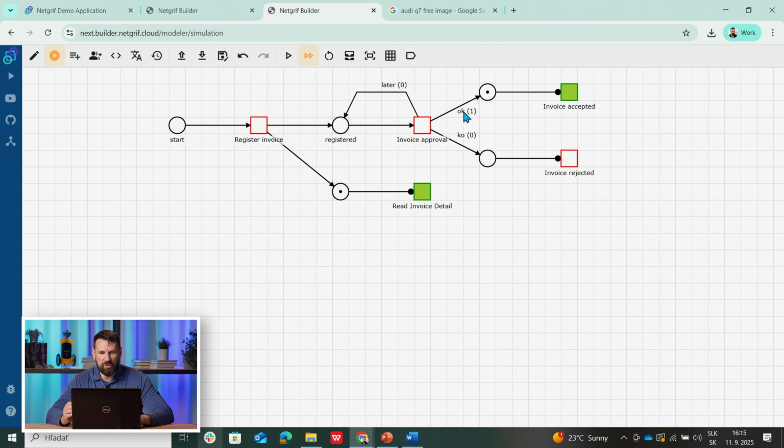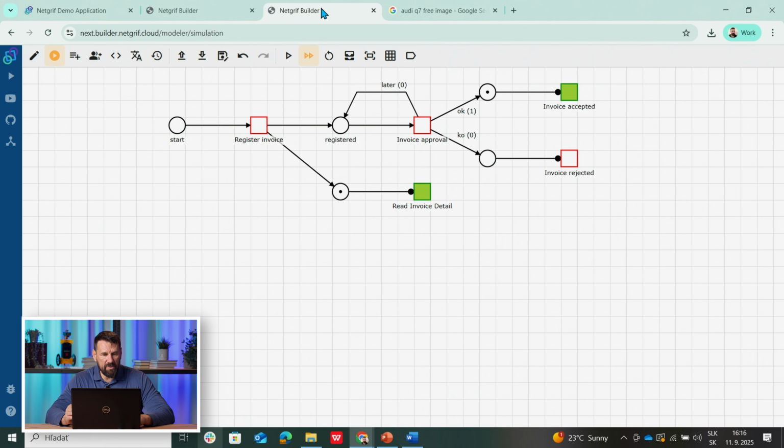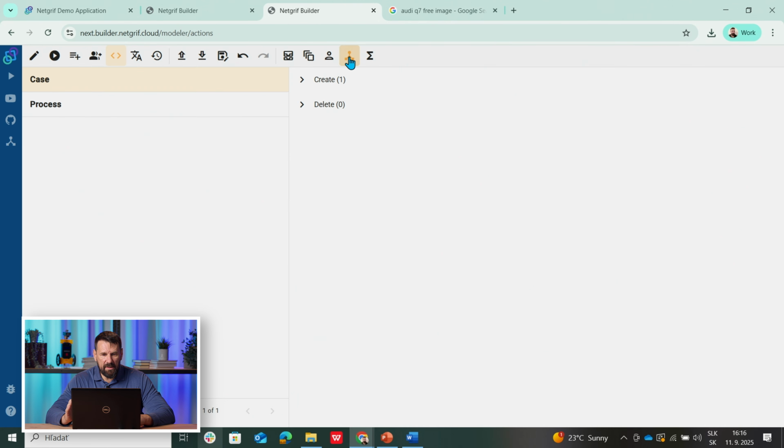And based on the values that we choose, whether it should be accepted, rejected, or postponed to later, we are moving tokens either here or here or here. In this illustrative example, we move the token to this place, and then we could see that the invoice was accepted. So these are all of the actions in this process order, and in process invoice, there are only two actions. The first one is in process